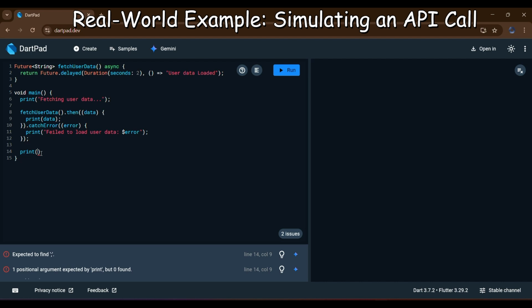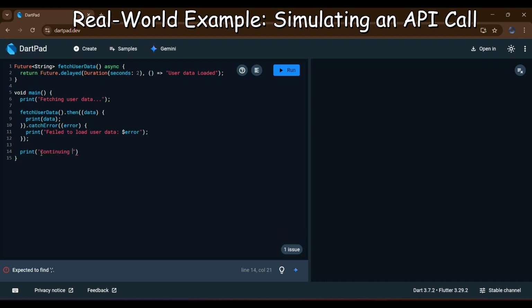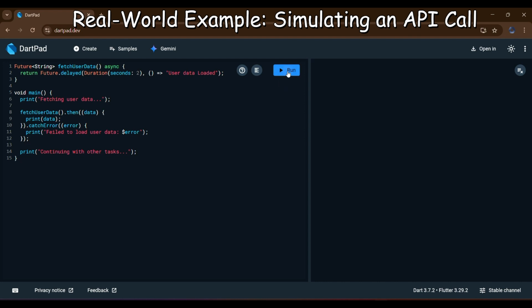Your app stays smooth and doesn't freeze. Then, once the user data is finally ready, the then block kicks in and prints "user data loaded." And just in case something goes wrong during the fetch, there's a catchError waiting to handle any issues and keep the app from crashing. So this is a great example of how futures keep your app running efficiently without waiting for every task to